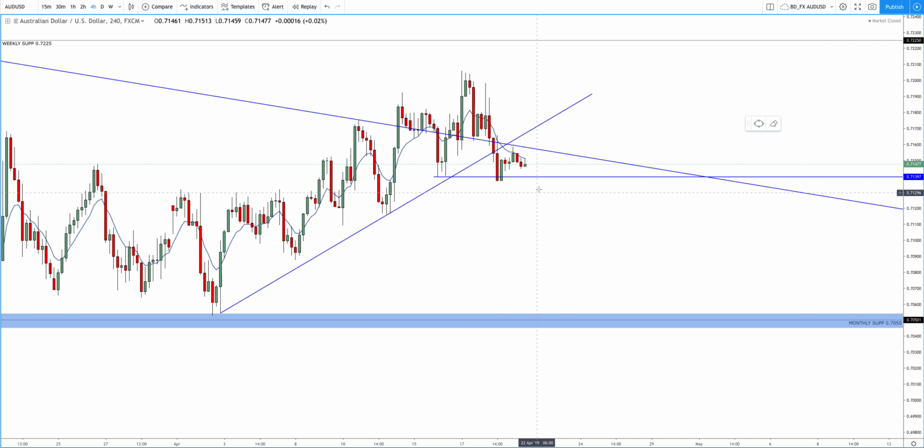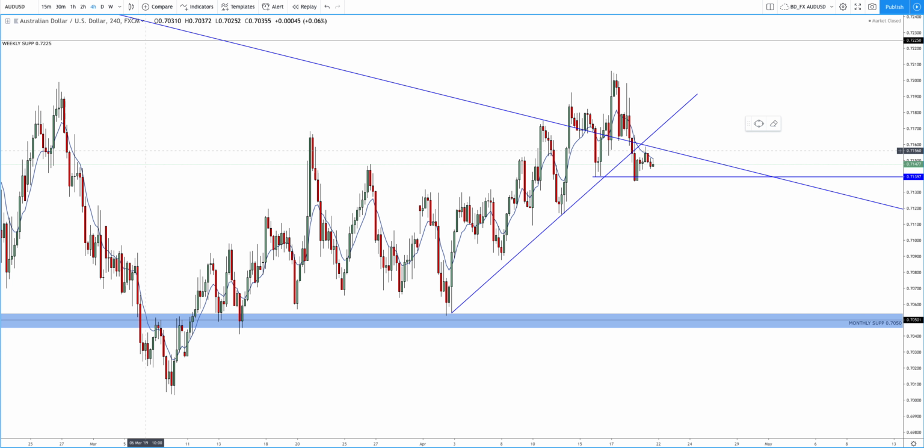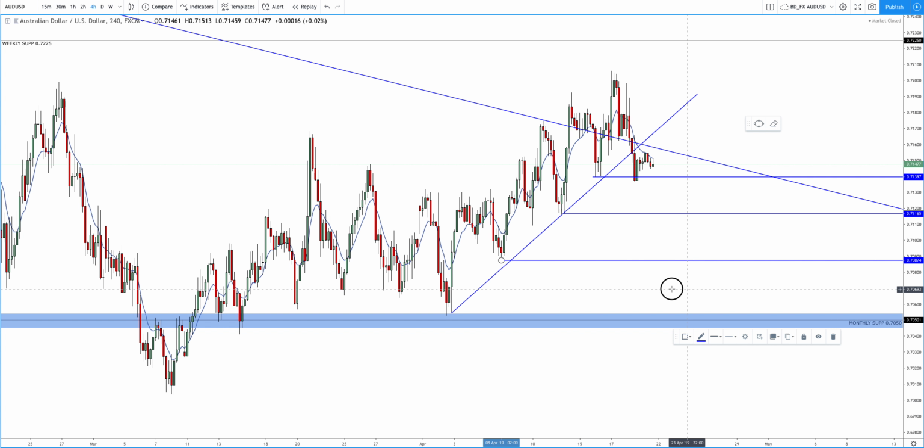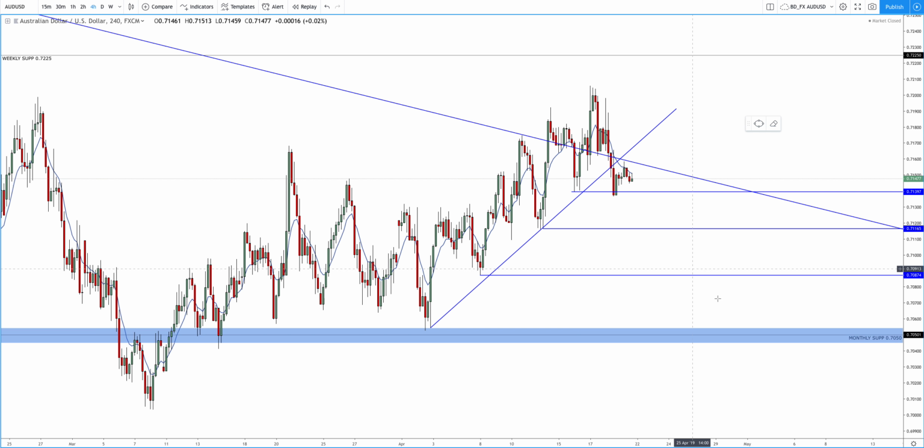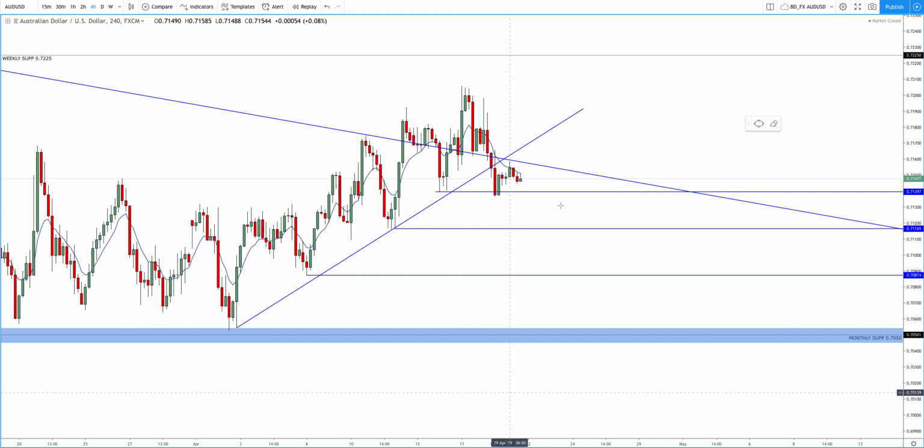Once you break this level, again you can look at coming back, retesting this as resistance, and if we find that resistance there, then we could place a nice short trade here and look at coming down to 0.7050 long term. But there will be obviously various supports that we need to look at along the way. So keep your eye out for these sort of levels here. But these are the levels I'll be looking at. Price can easily come down